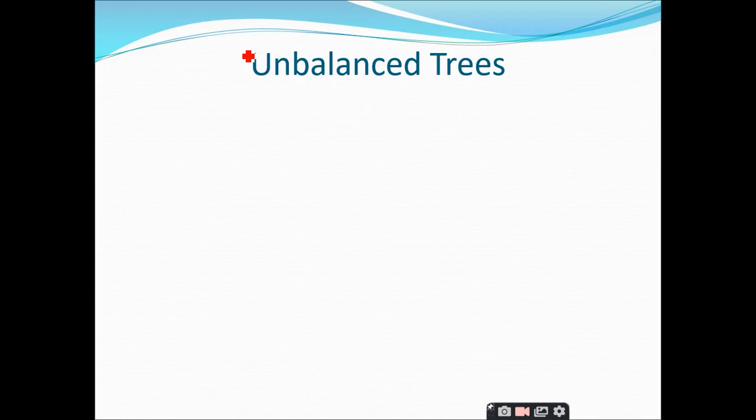And coming to the concept of unbalanced trees, can anybody tell me what you understand by the term unbalanced trees? The number of nodes at the right side is not equal to the number of nodes at the left side. Yes. Right. So unbalanced means we have two things: one is the left subtree and the second one is the right subtree. This is called the left subtree and this is called the right subtree. If the number of nodes in the left subtree is not equal or almost equal to the number of nodes in the right subtree, we call such trees unbalanced trees.